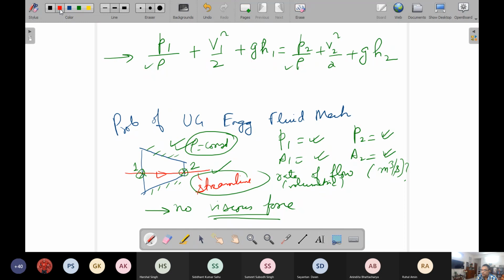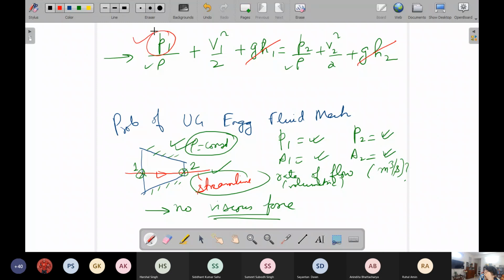So in this equation, what is given? Sir, H1 is equal to H2. Okay, H1 is equal to H2. Yes. So this is fine. And this is a horizontal nozzle, or even if it is a little bit tilted, 1 and 2 are so close that the difference in potential energy is not that important. So we cancel it from practical terms.